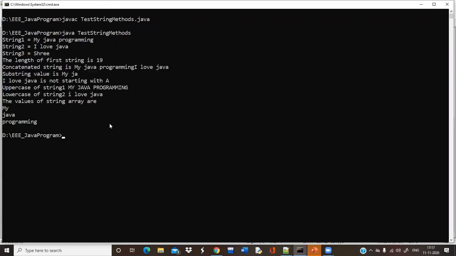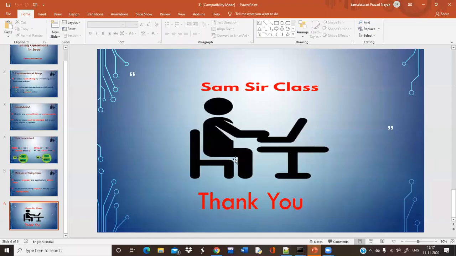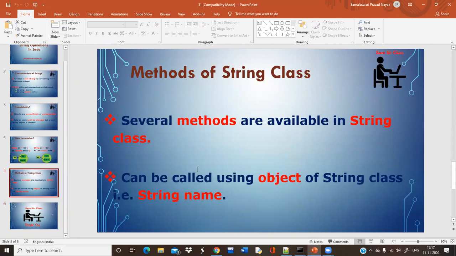Compiled. Now check. This is my first string. Now with respect to space, I have split that one. So mine is one value, Java is another value, and programming is another value. Clear? So by using the split method, I have divided the total string with respect to space. Okay.